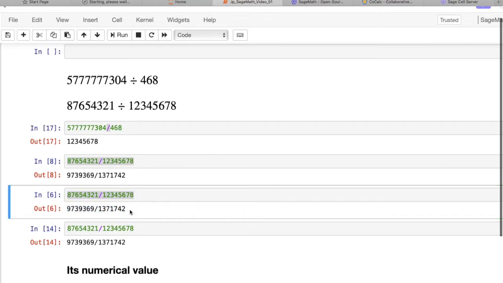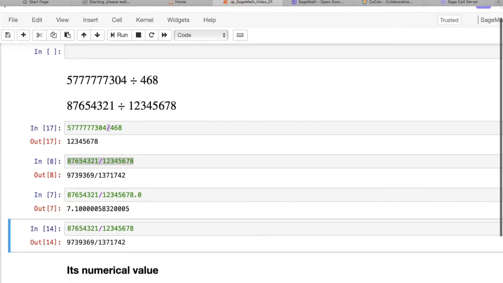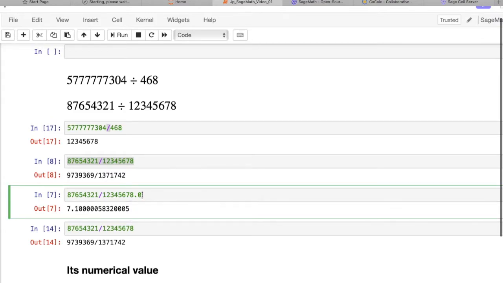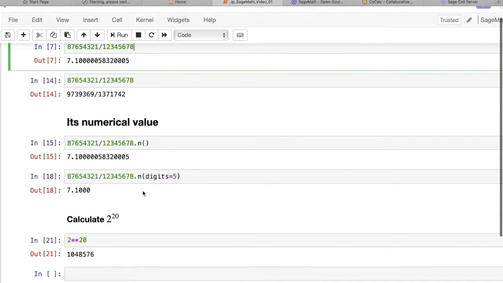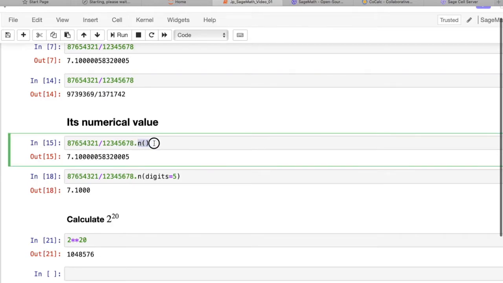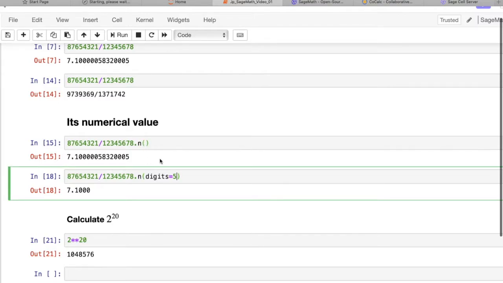But you are not interested in this type of fraction. Suppose you want the numerical approximation of this fraction, then you have to make one number a floating point number, and you will get a numerical approximation. Or the other way is to put a dot and n in opening and closing brackets, which will also return the numerical approximation. The nice thing about this usage is that Sage will give you the first